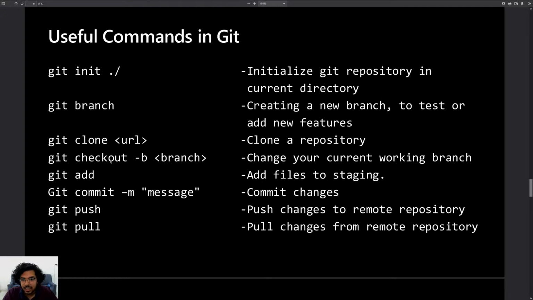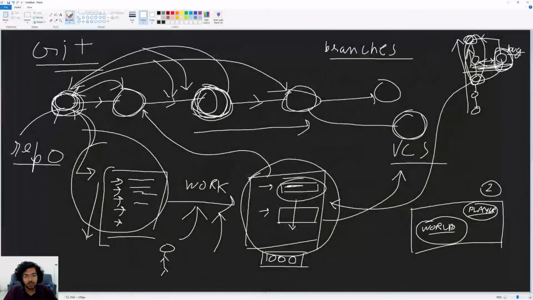Git checkout is used to change your current branch. Once we create a new branch, we need to check out to that branch. So if we are here and we want to create a new branch, we'll create it using git branch, and then we'll check out to this branch.